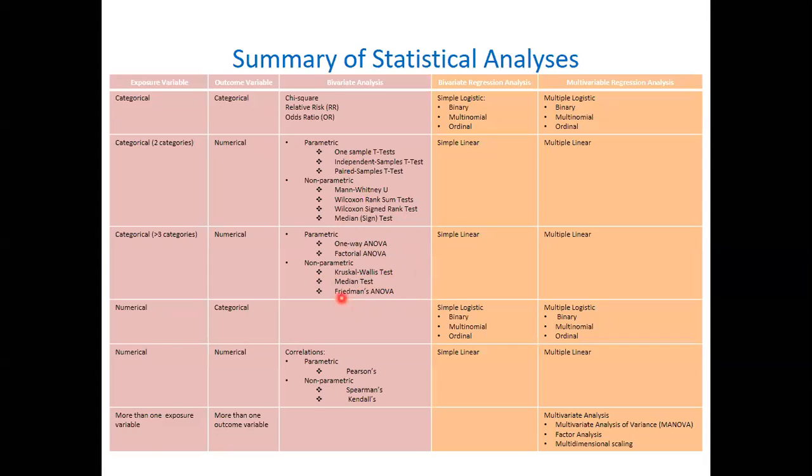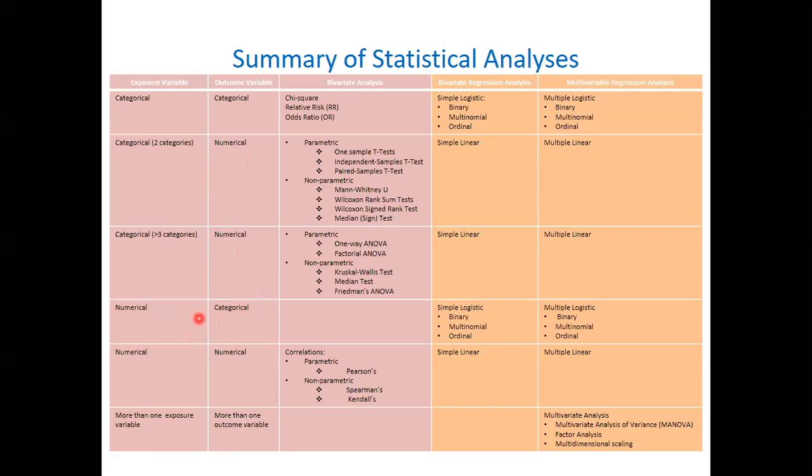So if you look at it now, the first one was categorical exposure, categorical outcome. The second one is still a categorical exposure, with two categories, and then the outcome is numerical. This one now is categorical exposure and numerical outcome, but with three or more categories. Sorry, it's supposed to be three or more, not just greater than two. I'll correct it. Then, when you now come to numerical exposure and categorical outcome, because you may ask the question: